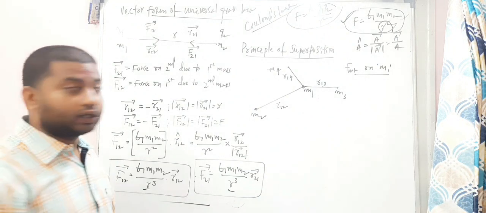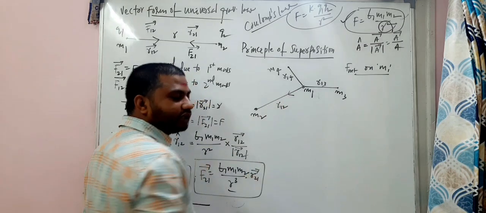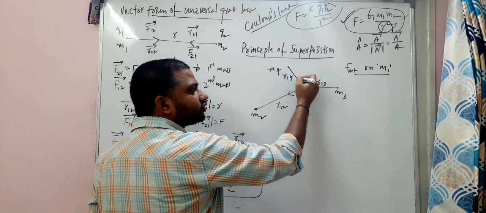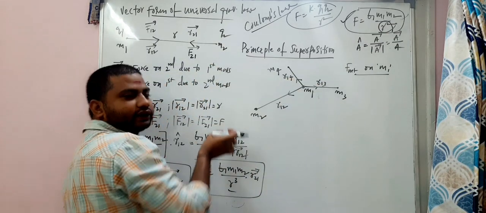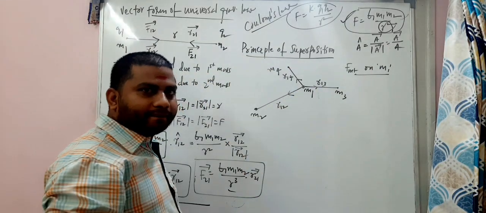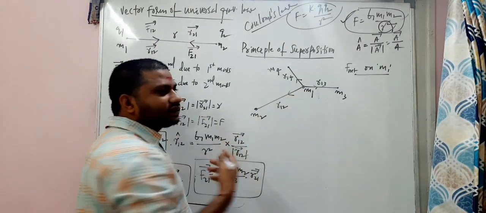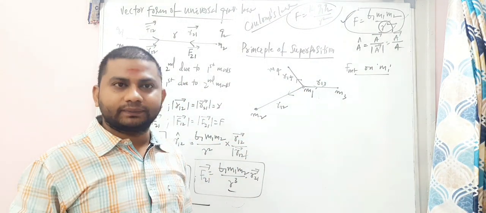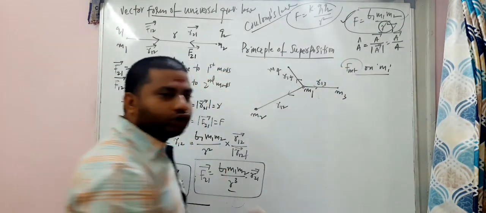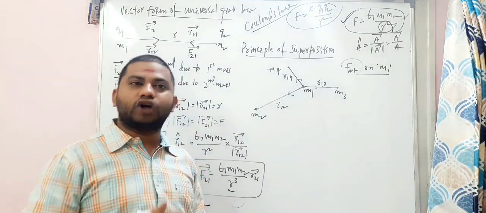Net force on m1, my dear students. And look here, this is m1. m2 will act a force on it, m3 will act a force on it, m4 will act a force on it, that is, attract. See, m2 will attract, m3 will attract, m4 also will attract. Sir, m2 attracts, at the same time m1 also attracts, no? Yes, but we don't want that. Our question is the net force on m1, due to all the other three masses, the net force acting on m1. That is how much?